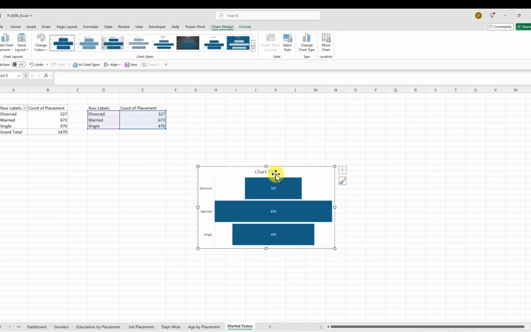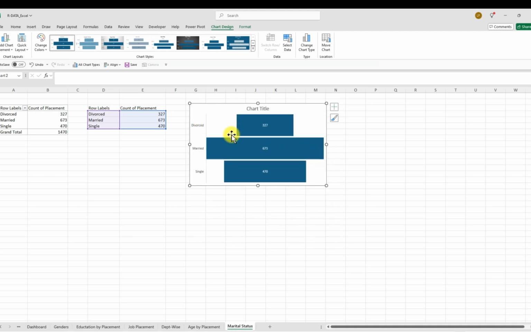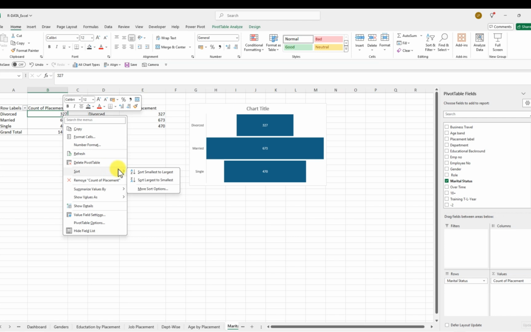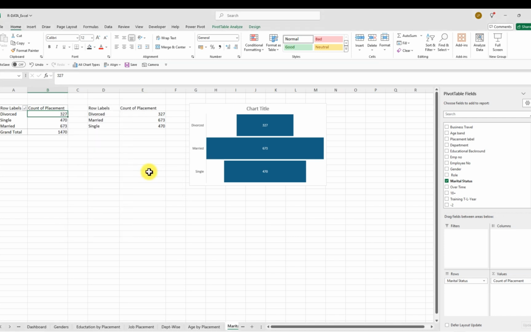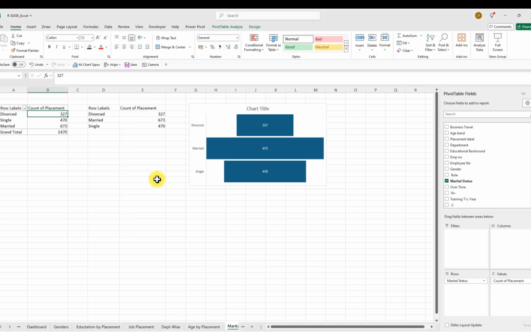So this is okay here, but we are not having it sorted. We're having divorce, we're having married, we're having single. So let's sort it. Let's make it from the smallest to the largest. Already we are having it from the smallest to the largest, so let's make it from the largest to the smallest. We'll sort, and let's make it,